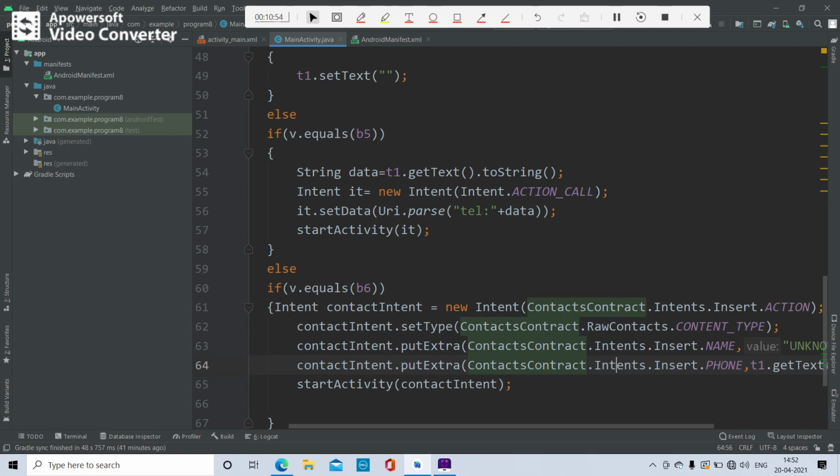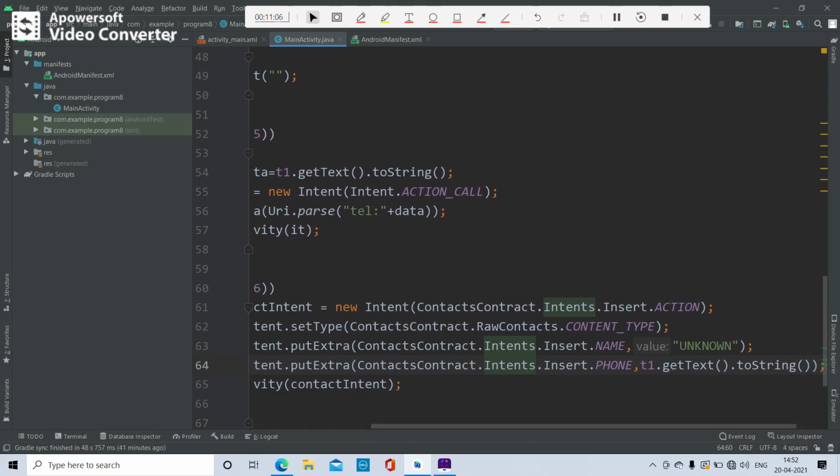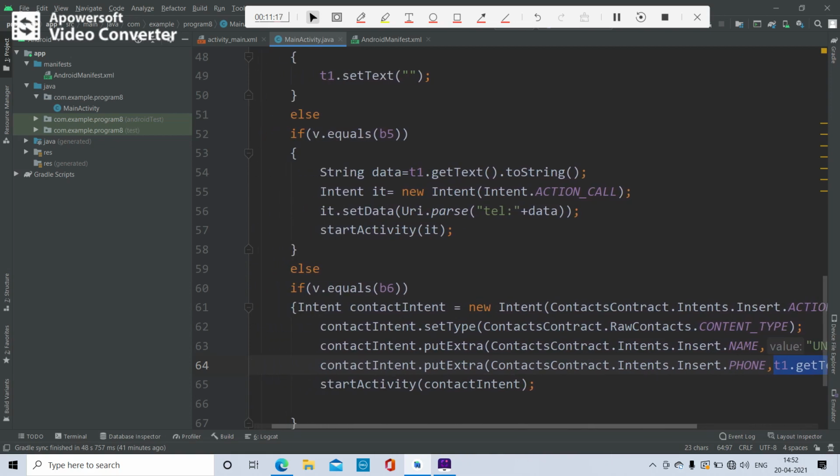Therefore, to save the number you have to once again use contactIntent.putExtra, ContactsContract.Intents.Insert.PHONE. You are going to insert the phone number. As the phone number, the content stored in the text box is used. Instead of giving T1.getText().toString(), you can also give data, because you stored the number in the data variable.